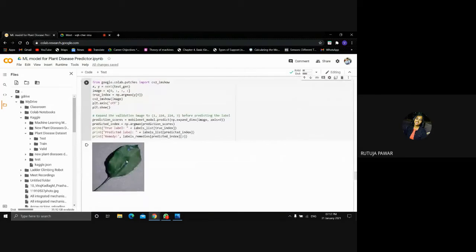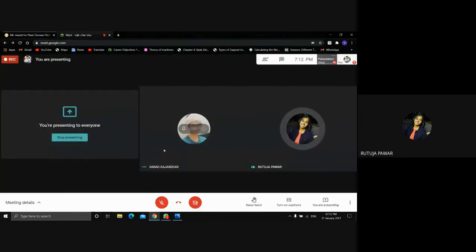Coming to the challenges we have faced, we were making a web application for this, but due to compatibility issues we couldn't proceed with that. As an alternative for working remotely, we used Google Colab, through which each member can access the code. Also, as we did not have completely fast processing units, Google Colab provided us an alternative of GPUs, which helped us to handle the large data set.